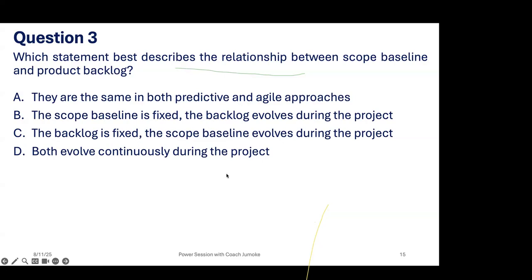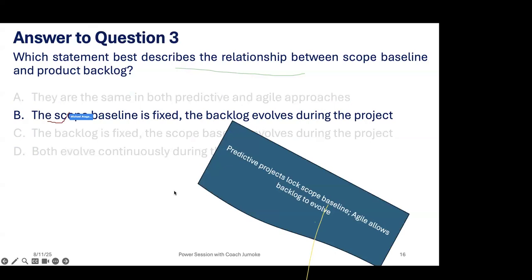Okay. All right. I said it earlier in my presentation that scope baseline is fixed. That's why it's baseline. You've done everything and it's fixed, and that is what you'll be measuring your performance against. I use the example of if the project is, say, 6 months, the third month, you are checking what you had planned to have done by the third month, and that is a scope that is fixed. Unlike